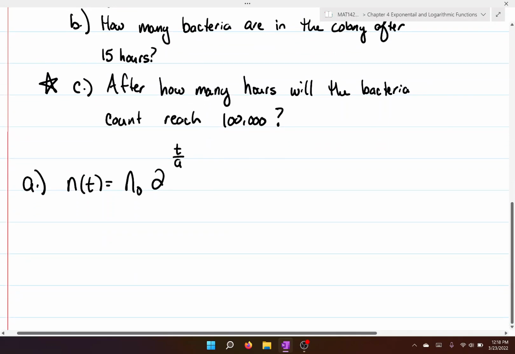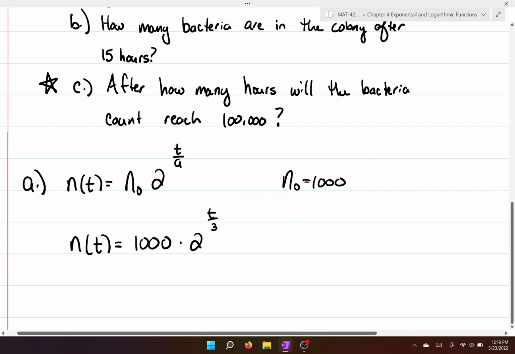Now, if we want a model that will estimate the bacteria population at any time, we're going to have n of t equals. Now, our initial population comes from the problem, so n sub 0 is going to equal 1,000. So this would be 1,000 times 2 all raised to the